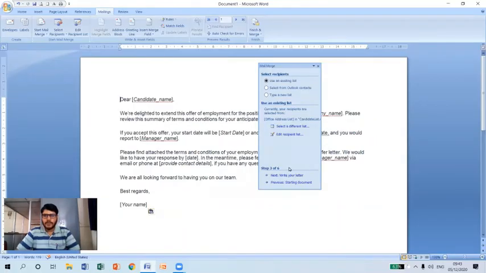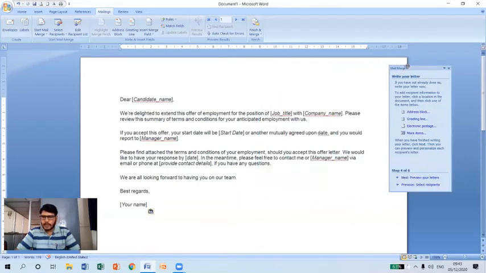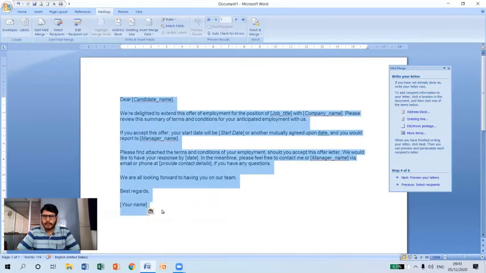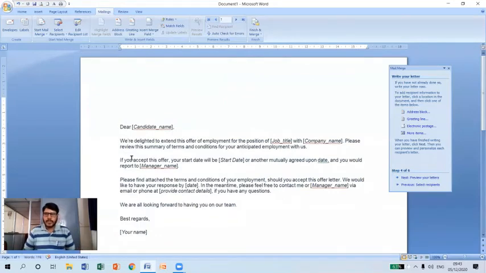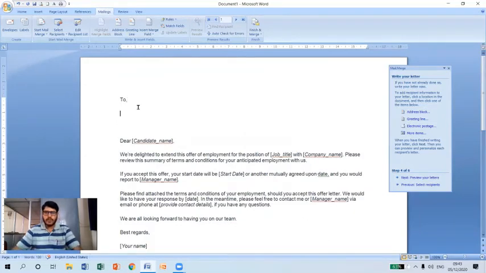Now what I need to do is go to the next step, that is the 4th step, write your letter. So click this. As you can see here, I have created one sample message, but I want to create a letter format here. Assume that first I want to include the address block. Let me make it bold italic. Below this, I want to include the address block.